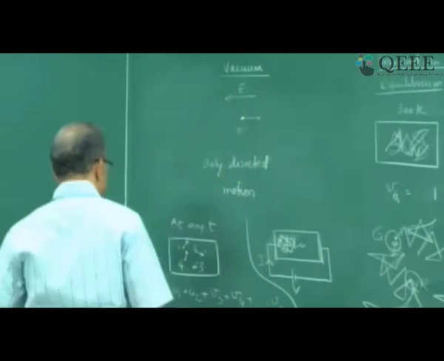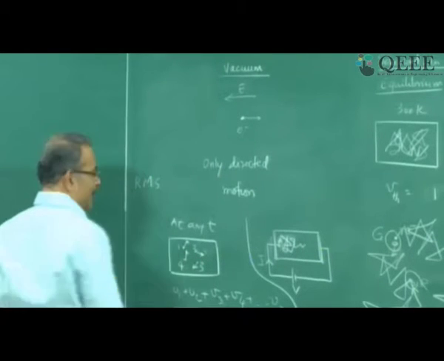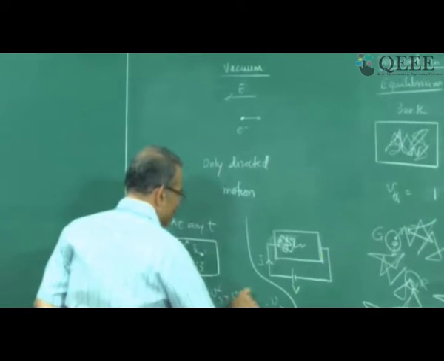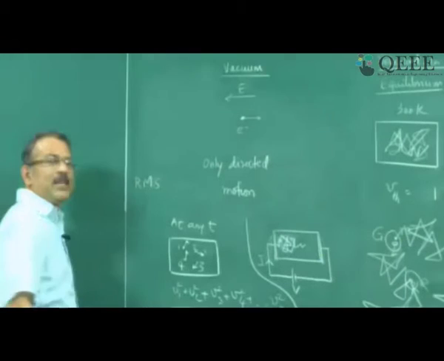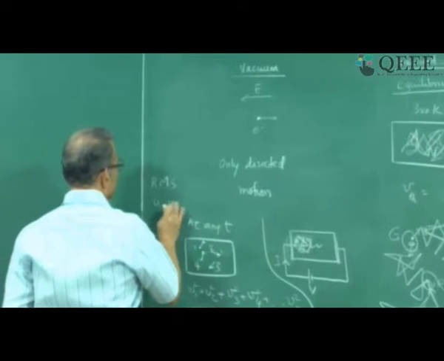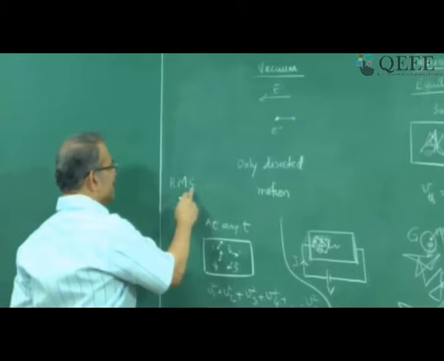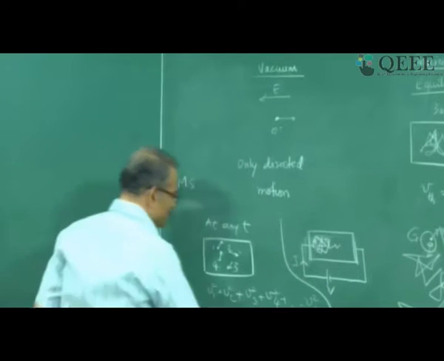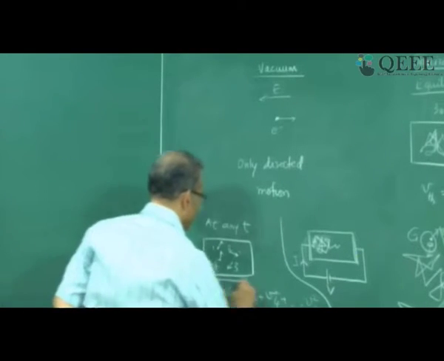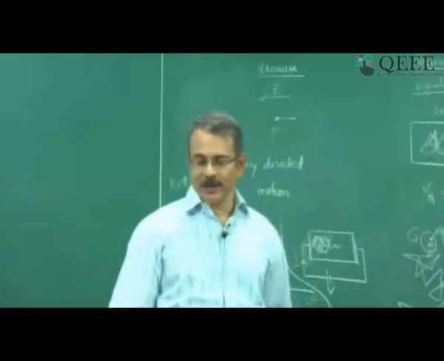So what do I do? I take the root mean square, RMS, average. That means instead of V1 I take the square of V1, V2 and so on. You know what is the meaning of squaring a vector? It is a dot product. So V1 dot V1, then the direction goes off. The root mean square average is calculated by taking the square, then taking the mean, because I am taking n particles, dividing by n, and then taking the root. So this is V thermal. This is the root mean square velocity.